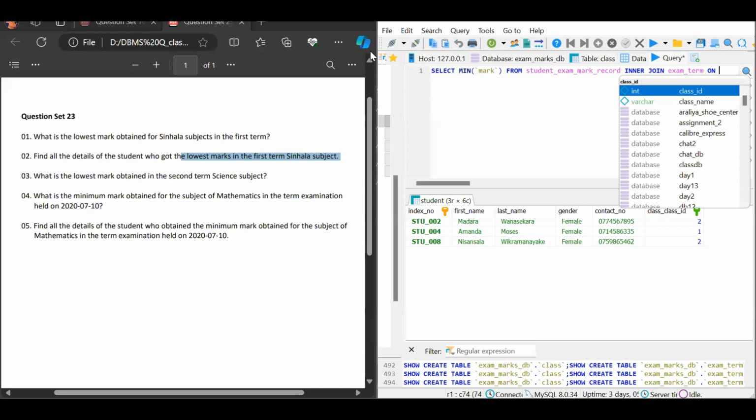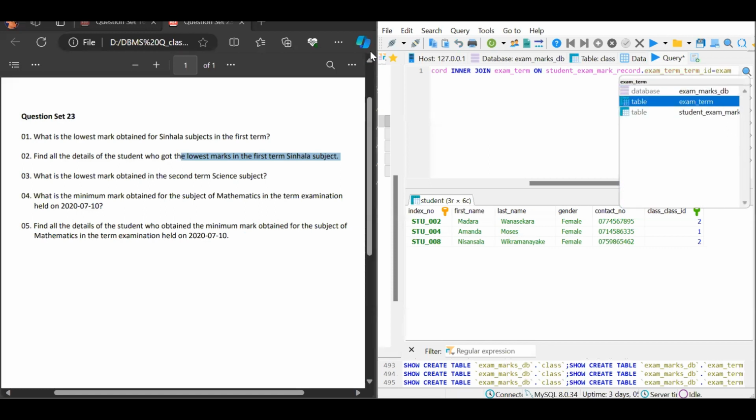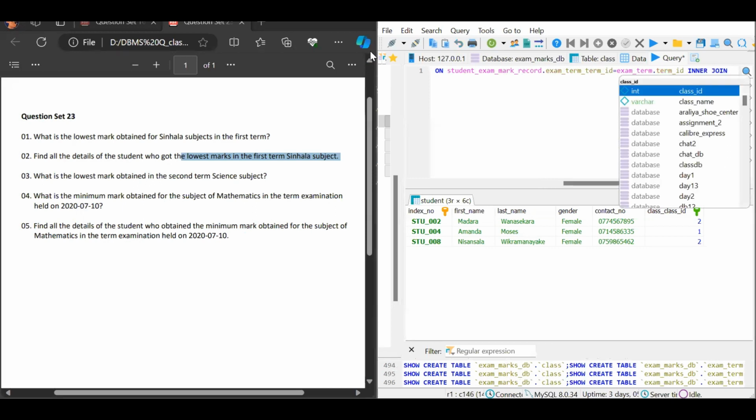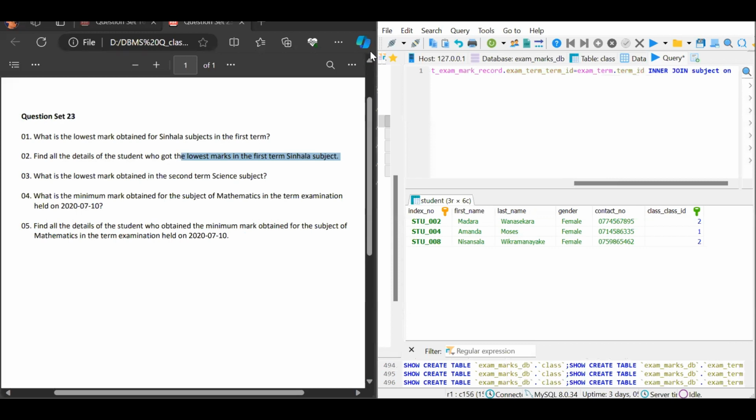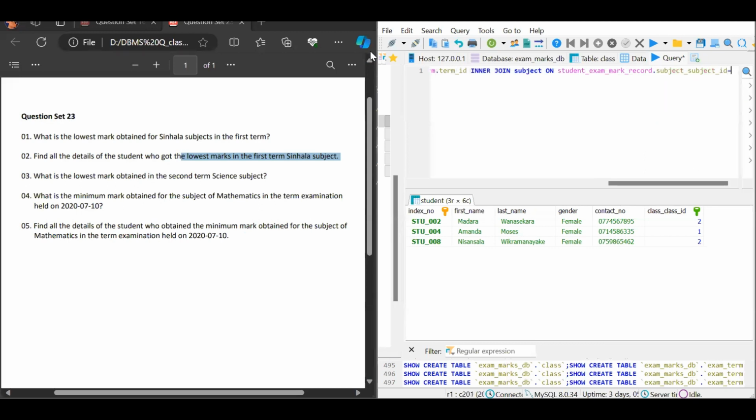So then let's first join the exam term table. We use the on keyword here, and then student exam mark record table dot exam term id equals exam term table dot term id, and then we again use the inner join to join the subject table and use the on keyword and student exam mark record table dot subject id equals to the subject table dot subject id, and then we can give the where clause, and inside the grave accent marks we give the